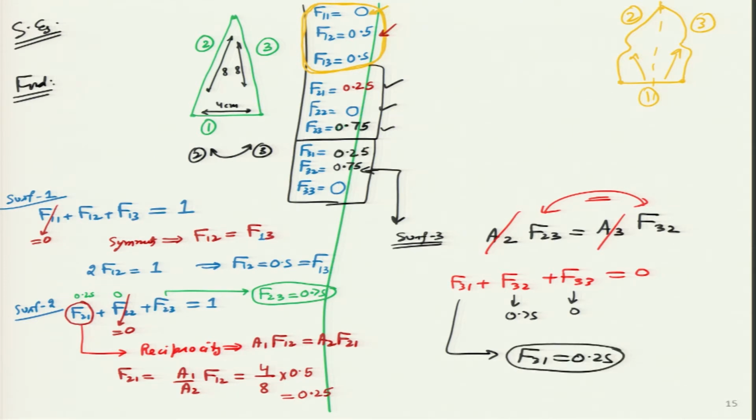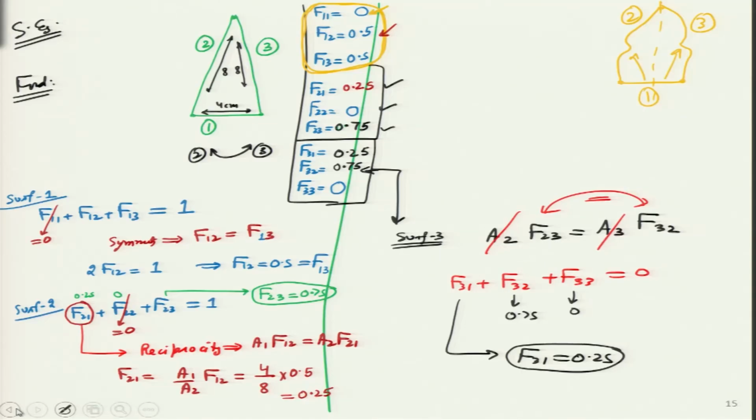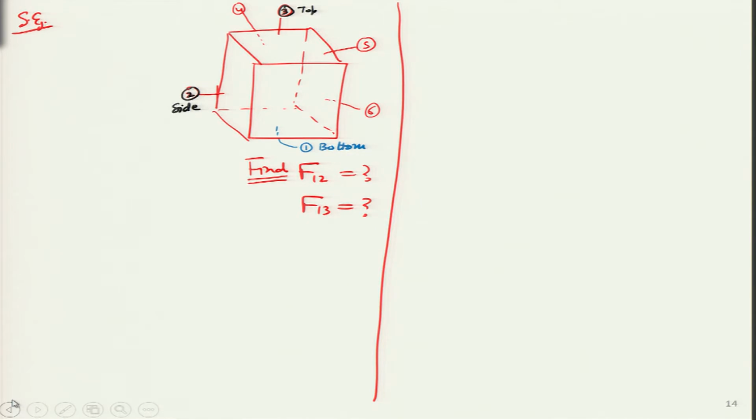So, it is a simple problem. I took a little bit long to solve it, just so that I wanted to show the whole picture and solve it completely, which means that even if it was not a 3 body, it was a 4 body enclosure, as long as I know its dimensions, I am able to figure out what the different view factors are, which means let us try and do that kind of a problem. So, I thought of this particular problem over here, and let us treat it as a solved example and try and see what are the values of these two particular variables in this particular case.